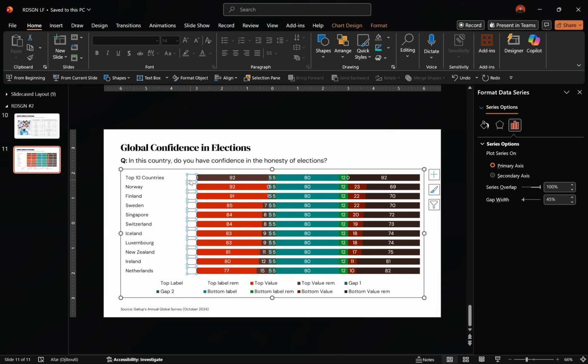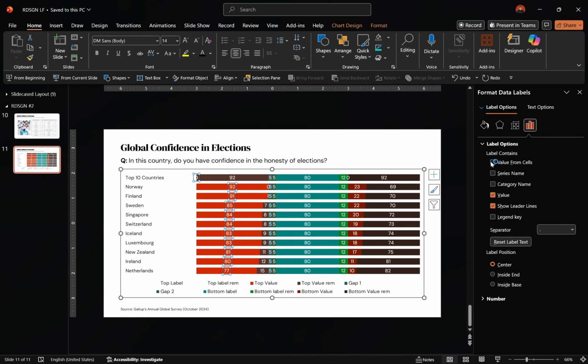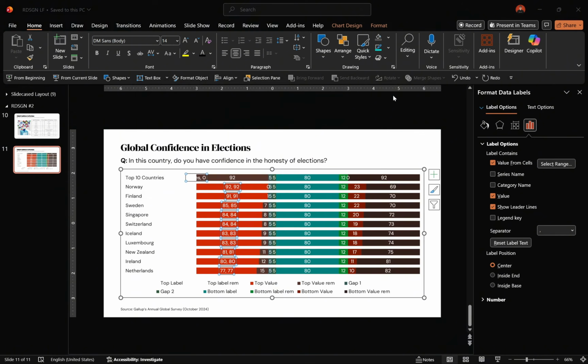invisible. For the next segment, select the labels, enter the label options, select value from cells, and in the provided input field, enter the values from the second column in the actual dataset. With that done, uncheck all other label options and then position the labels on the inside end of the bars. After that, select this data label, make it visible by changing the color, and then position it on the inside